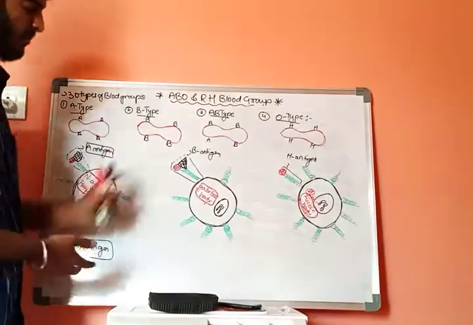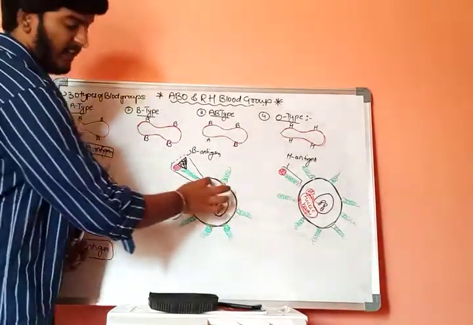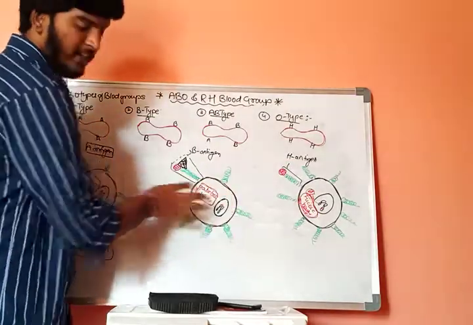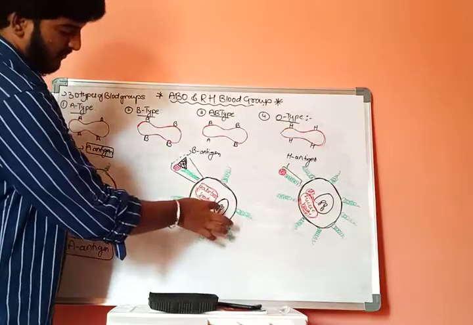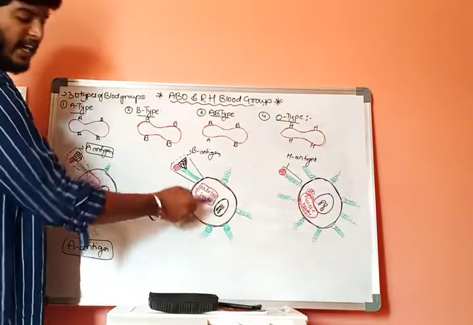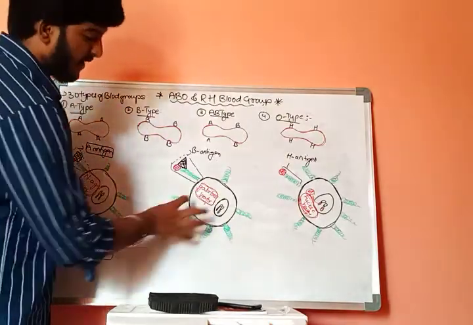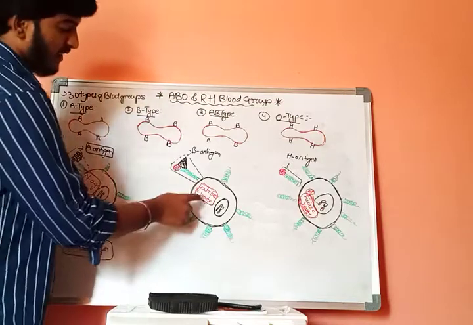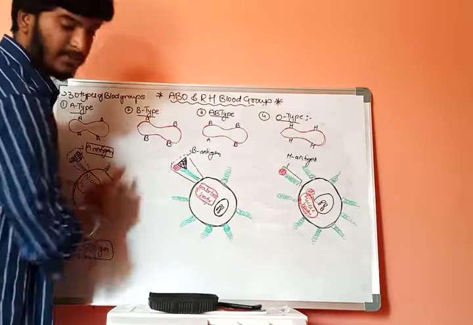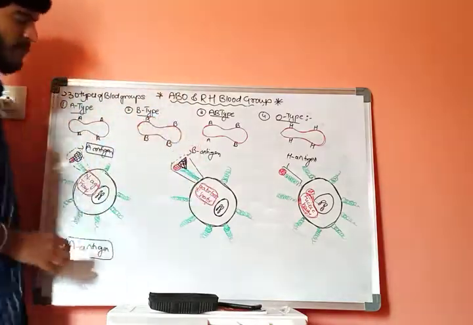Now when we discuss the B type of antigen, this is the predominant cell of the RBC, that is the erythroblast. This erythroblast contains a nucleus. In the nucleus, here it is the 19th pair, and here it is only the 9th pair. This 9th pair of chromosome contains a special type of enzyme, that is galactose transferase. Now this galactose gets attached to the surface of the H antigen. This entire complex is called the B type of antigen.